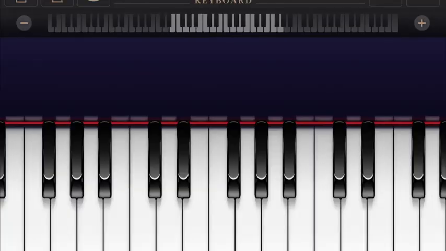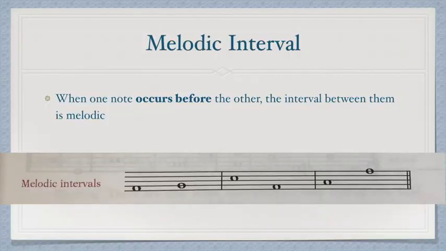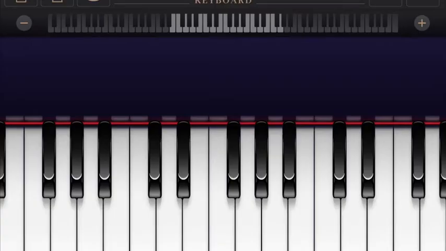If I play some harmonic intervals on the keyboard, it's going to be like whatever two notes that occur at the same time. But melodic interval is just the opposite of the harmonic interval, that they don't occur at the same time. Instead, one note occurs before the other, and we can see that another one is just following the first note. When playing any melodic intervals, two notes are separated, like